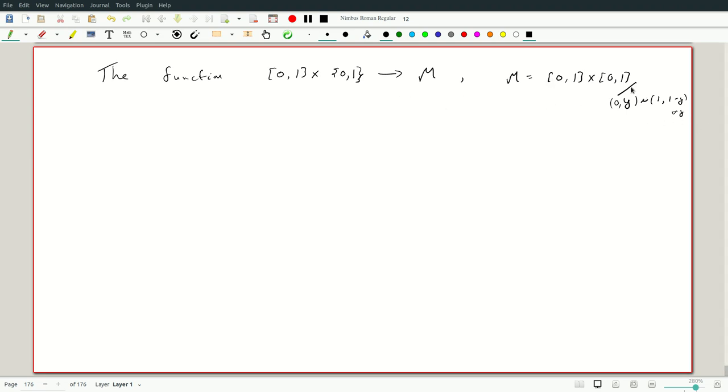So we look at the function from this. So here we have 2 intervals, okay, one above the other, but it doesn't matter. This point is identified with this point, and this point is identified with this point. Okay. So we have a function